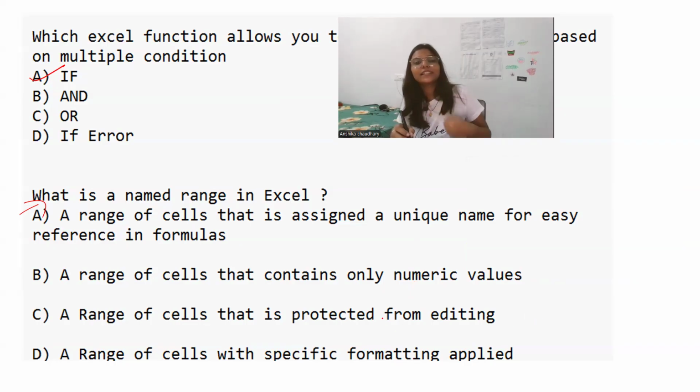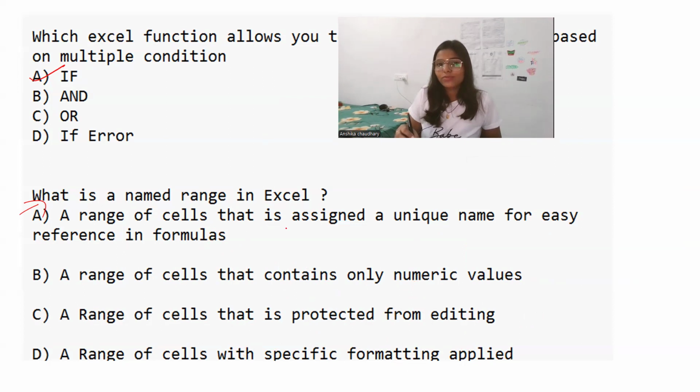A range of cells that is protected from editing. A range of cells with specific formatting applied. So this time I'm not pretty sure about the answer. If you know, let me know in the comment section. But in my opinion, it should be a range of cells that is assigned a unique name for easy reference